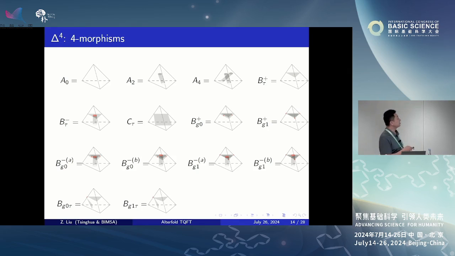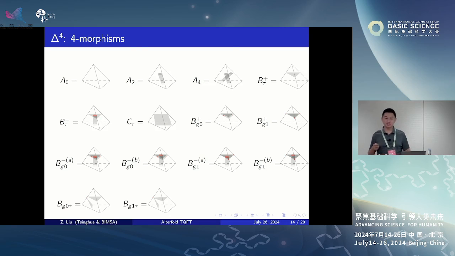For example, for this vector, we see a kernel in the middle, and that means we see a single black dot on this face and another black dot on that face. For this example, this is just a face intersected with 4 edges. So we will have tau, tau, tau, tau for the 4 edges, and trivial for the other 2 edges. We just draw all possible surfaces which bound this with such boundary condition, and they are finitely many. That means the vector space with the boundary condition is finite dimensional. So we have all the finiteness for all the simplexes, and that's what we mean by the complete finiteness condition.